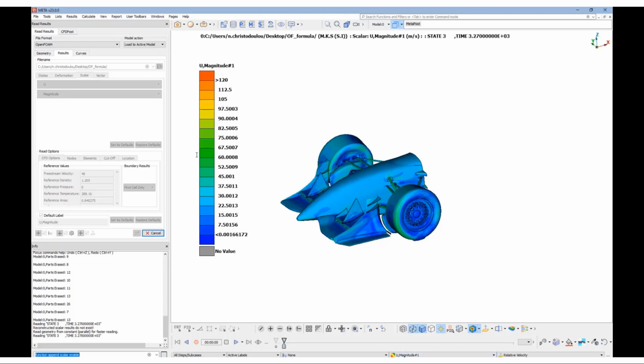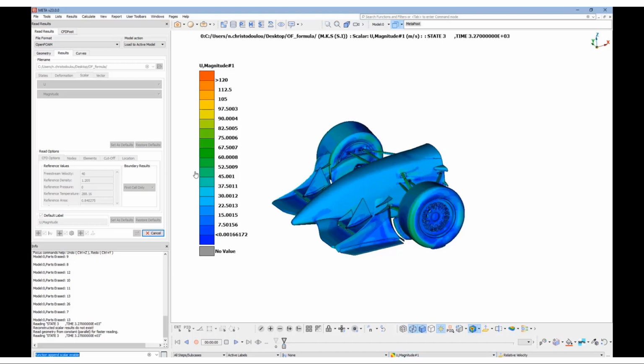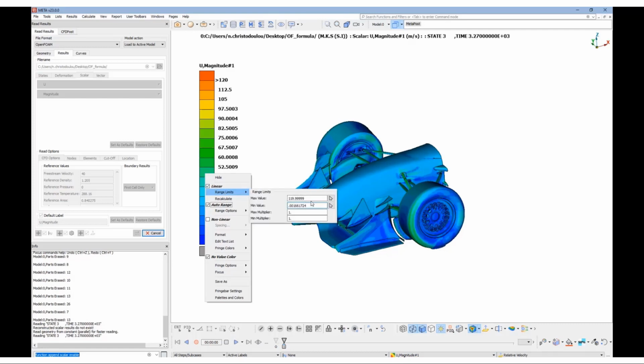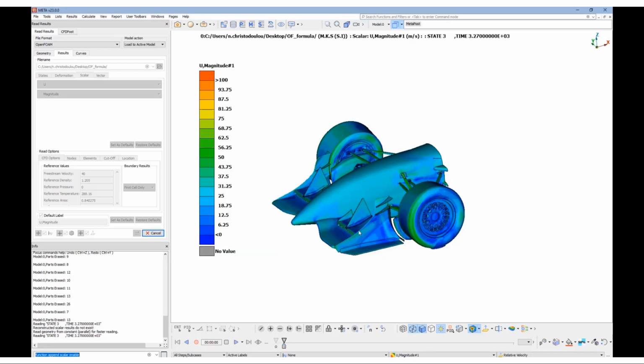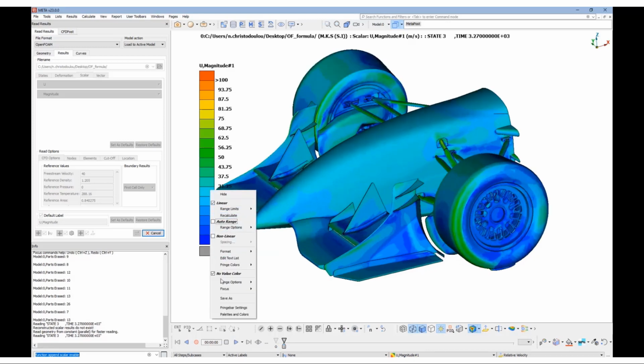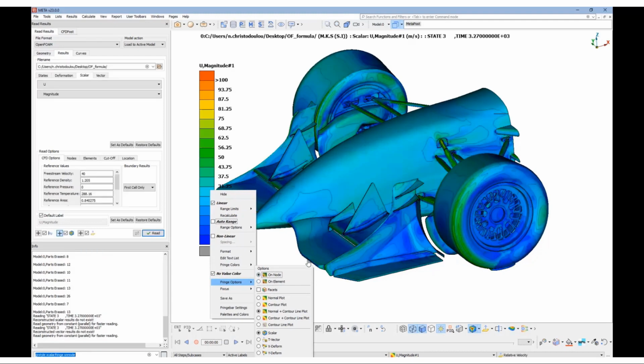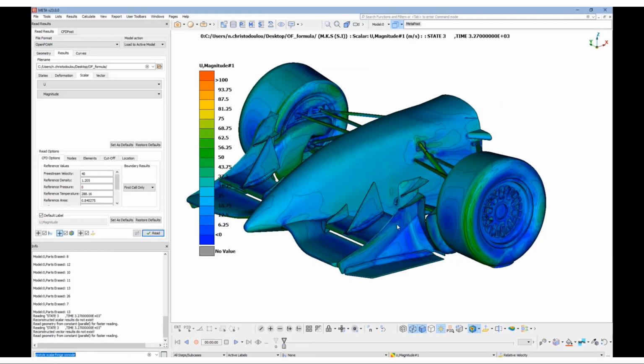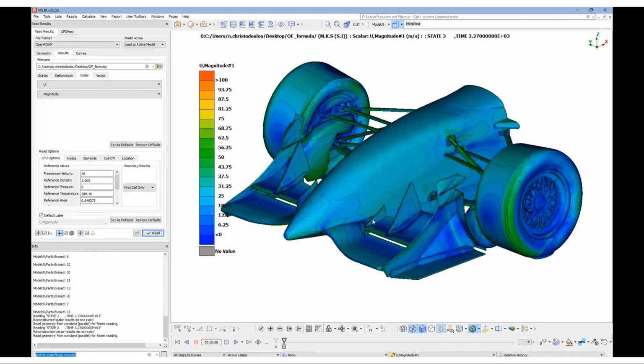And as we can see here, the coloring is proper based on the first layer value. We can change again the min and max values and the visualization on node using normal and contour line plot.